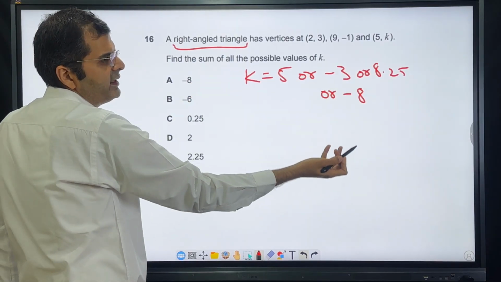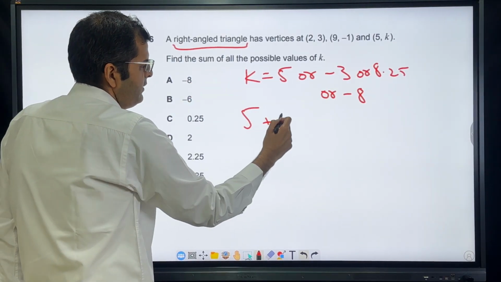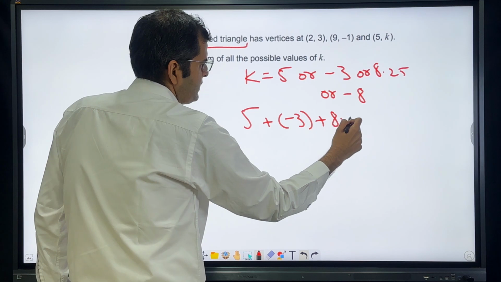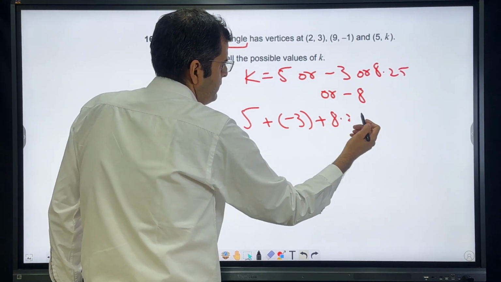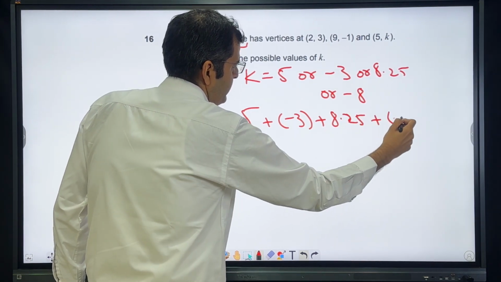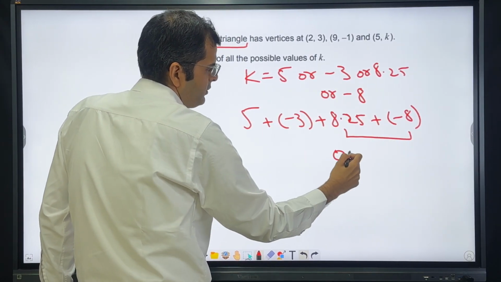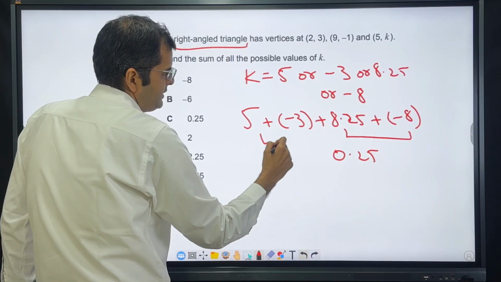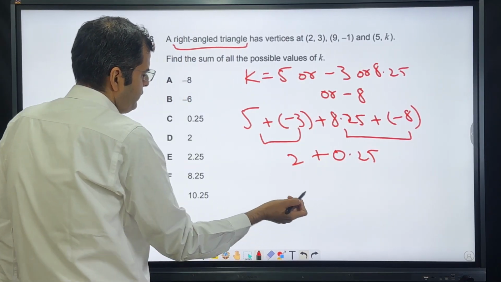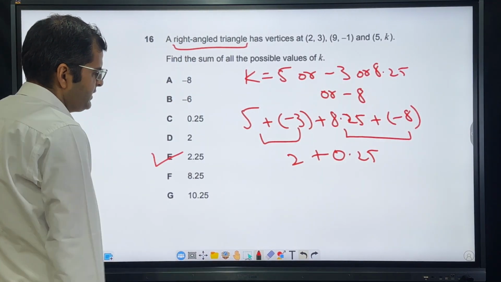You have to add all these to get the value. So that will be 5 plus -3 plus 8.25 plus -8. 8.25 and -8 is 0.25. This is 2. So 2 plus 0.25 is 2.25, which is answer option